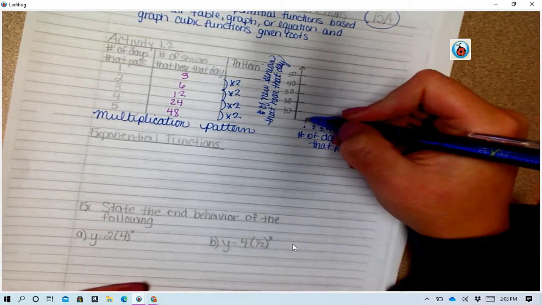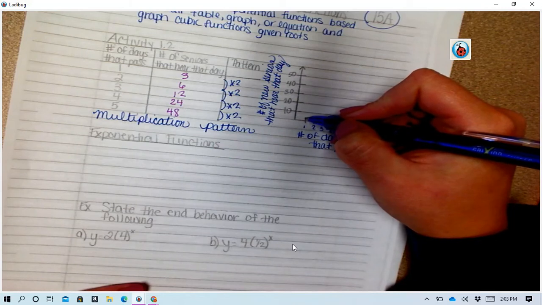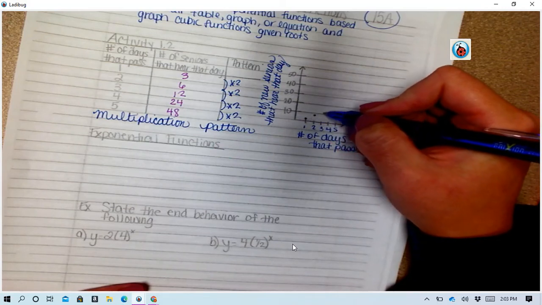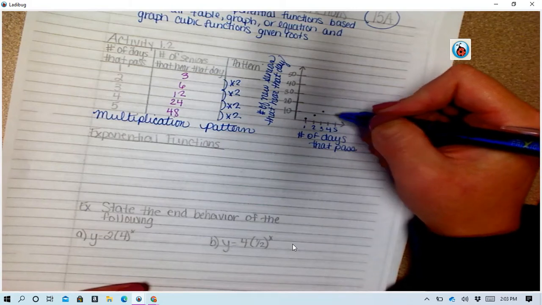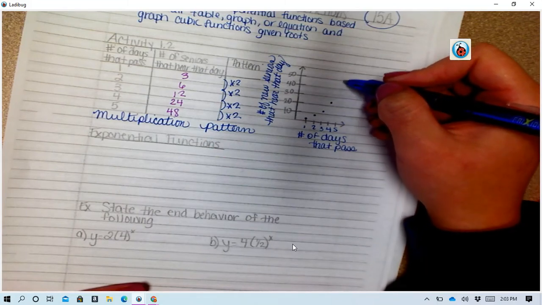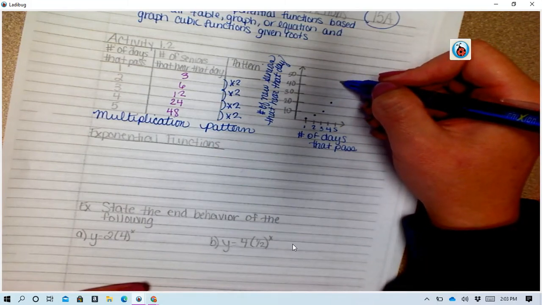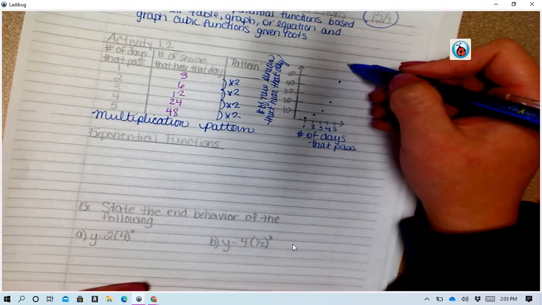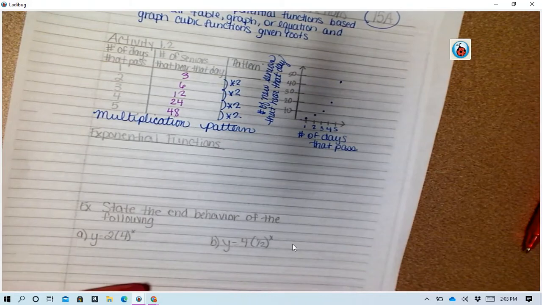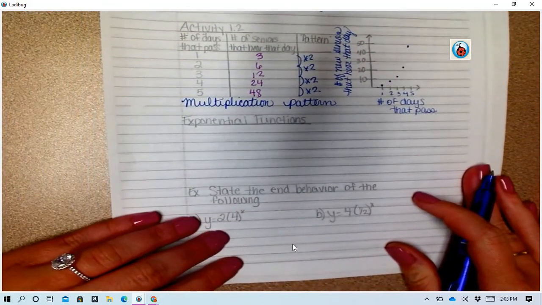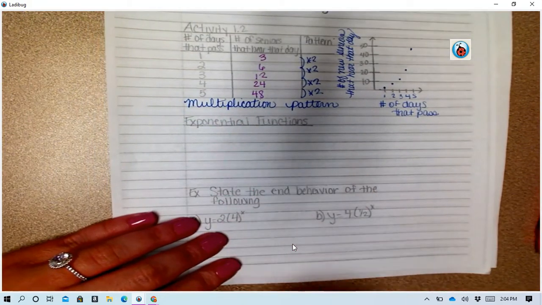So at 1, there was 3, about here, give or take. At 2, there was 6, about here. At 3, there was 12. At 4, there was 24. And then at 5, there was 48. So it's not going to be perfect, but what you do want to see is the quick increase in those numbers. Exponential functions you probably haven't seen before, so there's not going to be a brain dump for these